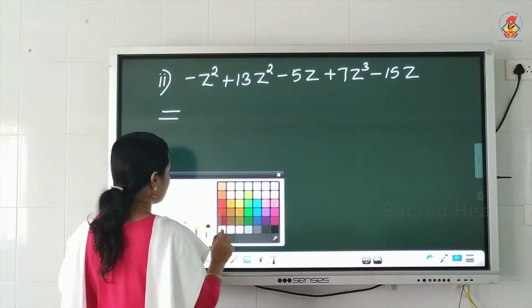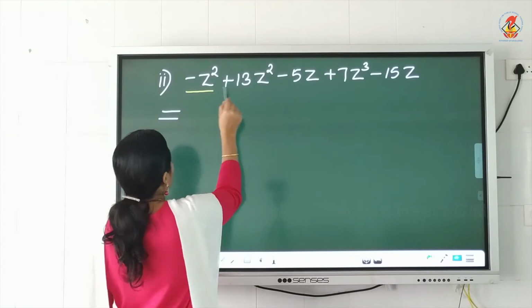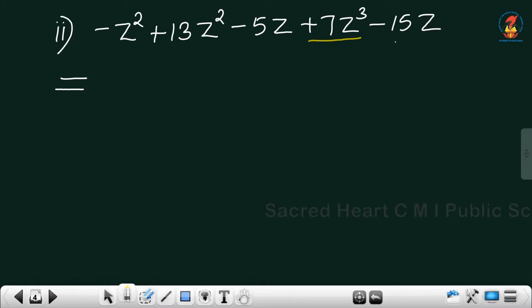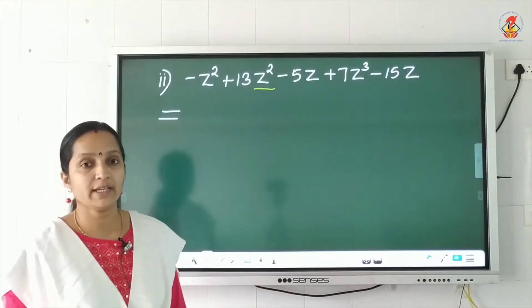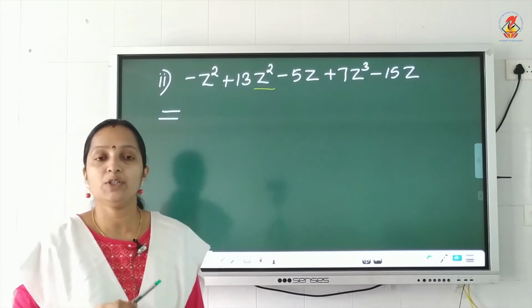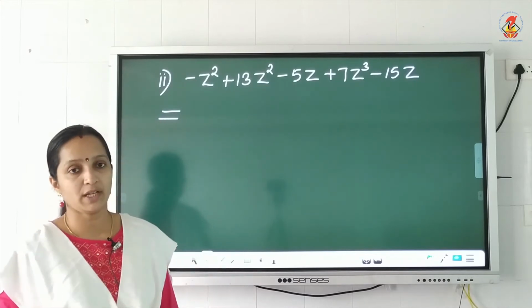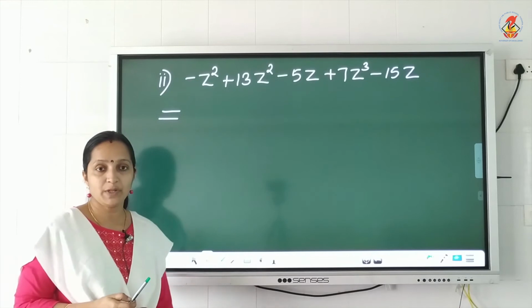How many terms are there in this question? 1, 2, 3, 4, 5 terms are there in this question. Okay, now first you find out, here the variable is z square, here also z square. Now any other term containing z square? No. So we can say that same variable, same power. If you want to check whether two terms are like terms, no need to look at the numerical coefficient, ignore the numerical coefficient, only you look at the algebraic factor.